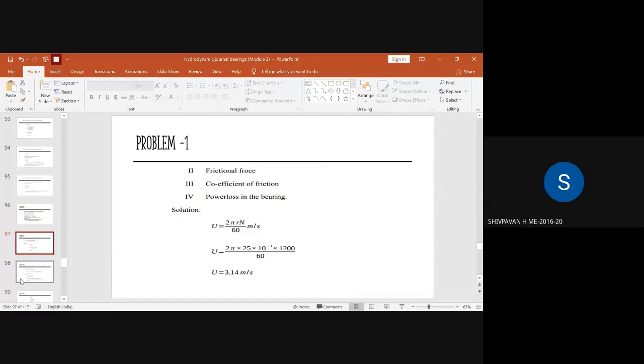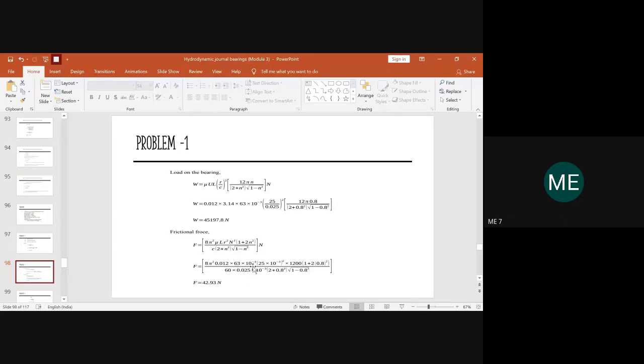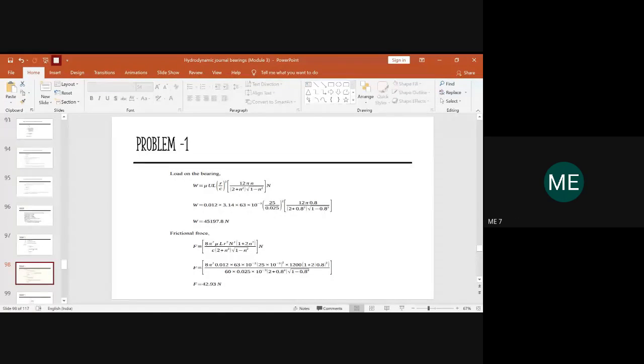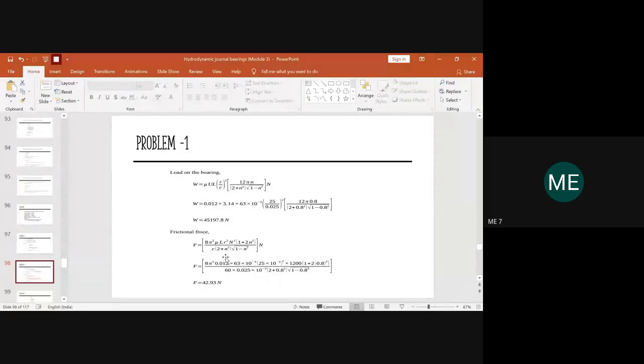Ma'am, mm to meter. Convert it to meters, ma'am. Okay, yeah. At least, ma'am, you are, conversion of mm into meters. Yes, so you people are listening. Then it is 2 plus n squared. So n is nothing but the eccentricity ratio and again root of 1 minus n square. So now you substitute and let me know the answer what you are getting. Please do calculate.